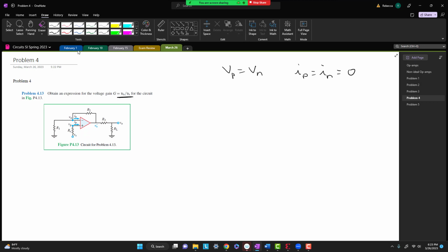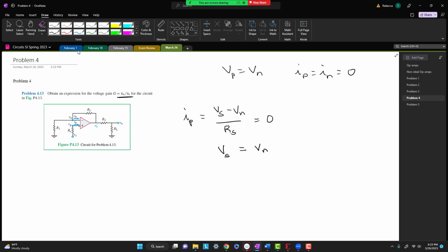All right, so let's look first at IP. Current is always beginning voltage minus ending voltage over resistance. So IP equals VS minus VN over RS, and we know that has to equal 0. Well, if we multiply both sides by RS, this tells us that VS has to equal VN,